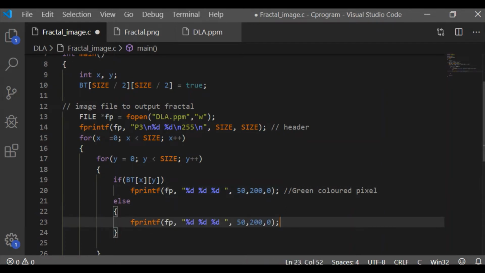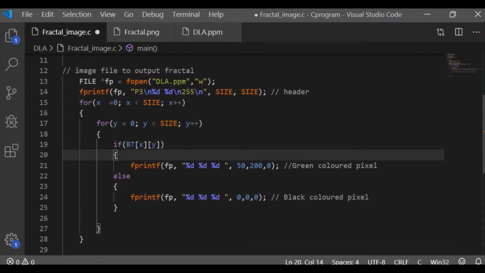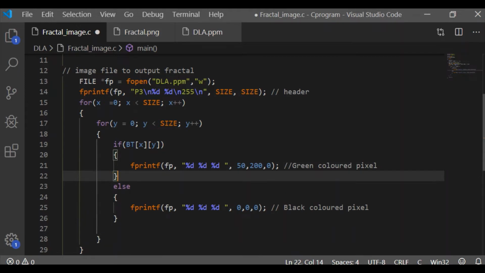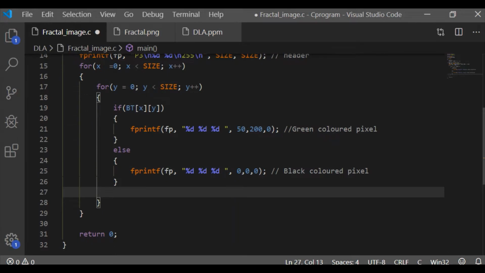So the content is taken care of by these 2 for loops, running from X equal to 0 up to size and Y equal to 0 up to size. We give green color by checking if the corresponding element in the two-dimensional array is set to true. Otherwise, the pixel is set to black.